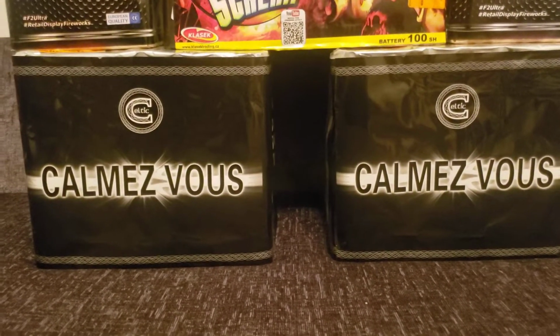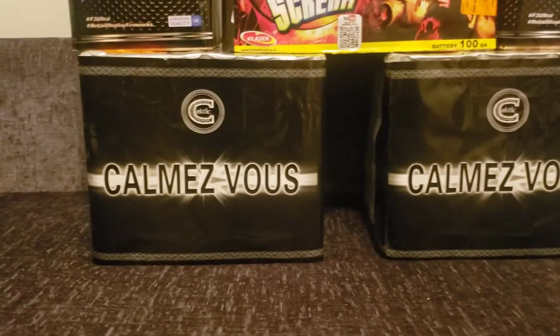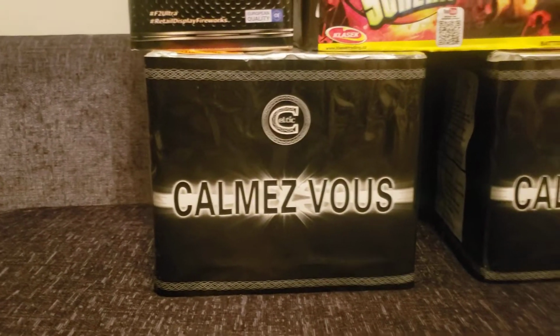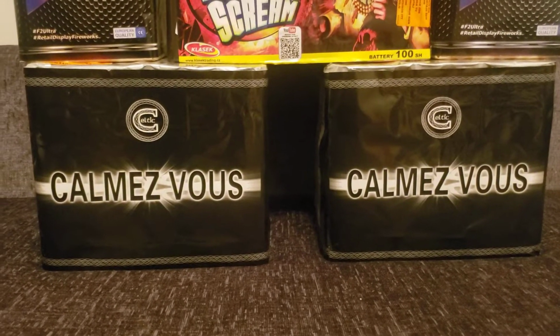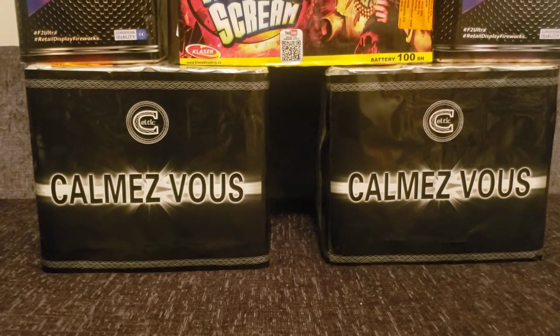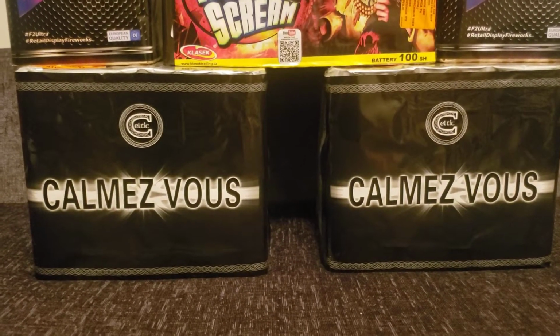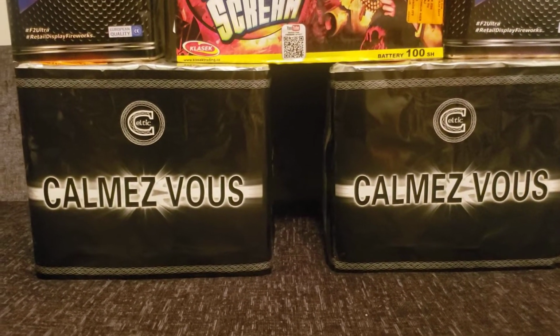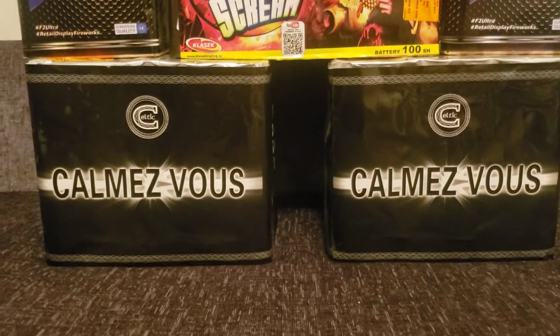Calmez-vous, I think it's pronounced, which I believe translates to calm down. Yeah, really nice looking firework, really pretty. Almost a single effect cake. The first half is like a deep gold willow with red strobe, I think, and then halfway through it changes to a crackle instead of red strobe. A nice volley of 7 shots at the end, and I think 2 of these going off would make a really good finale,